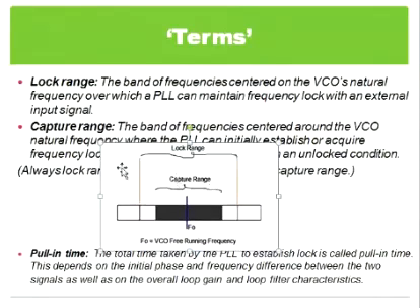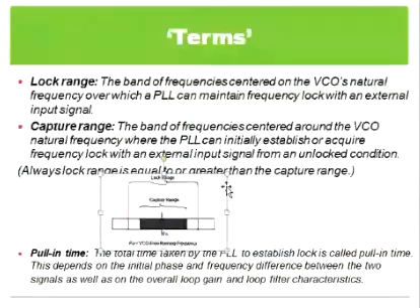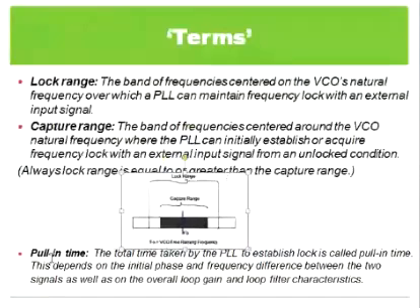The lock range is the maximum range of frequency around the central frequency of the VCO up to which we can have a phase lock. The capture range is the range of frequency within which, once it is locked, the lock condition can be maintained despite variations in the input. Finally, there is another related term called the pulling time, which is the total time taken by the